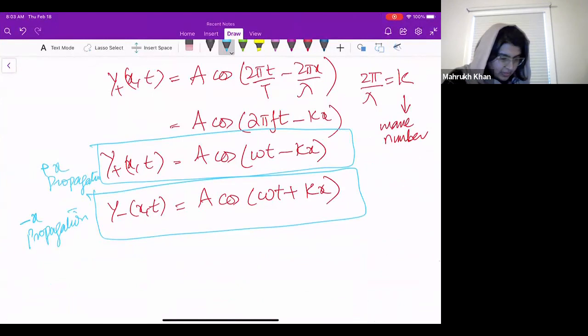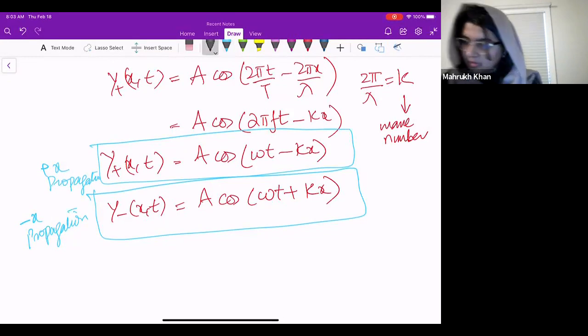So we said that there is a traveling wave that travels in the positive x direction, and then there is a traveling wave that travels in the negative x direction. And that's how we will represent that traveling wave, right? So we will start from here to see where we are going. Before I move further, I want to make another point here, that you can write this as